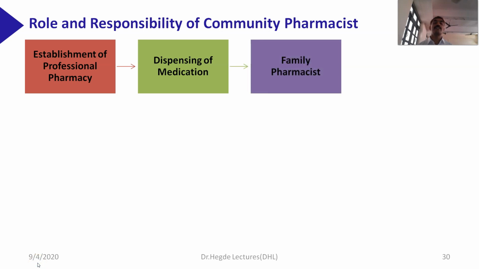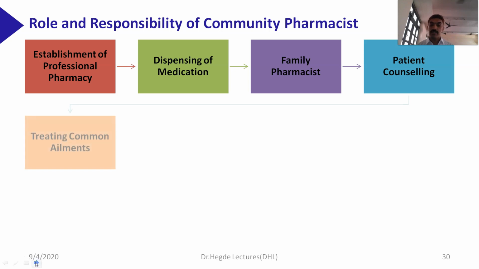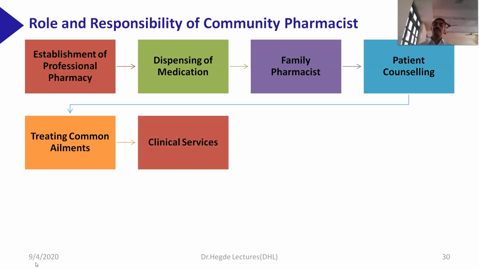Community pharmacist can serve as a family pharmacist, where he can maintain the patient medication records and serve one and all. In just the same manner as a family physician, he can serve as the family pharmacist by maintaining all the patient medication records. Community pharmacy plays a very important role in patient counseling regarding disease and drugs. Community pharmacy is a point of contact. The pharmacist, especially the retail pharmacy, is a point of contact in treating all the common and minor ailments. Community pharmacy can provide very valuable clinical services to the patients.